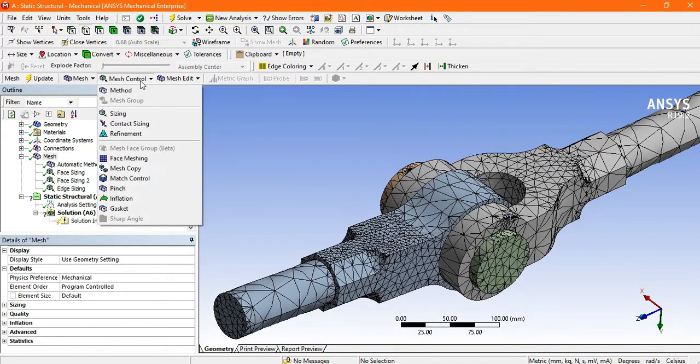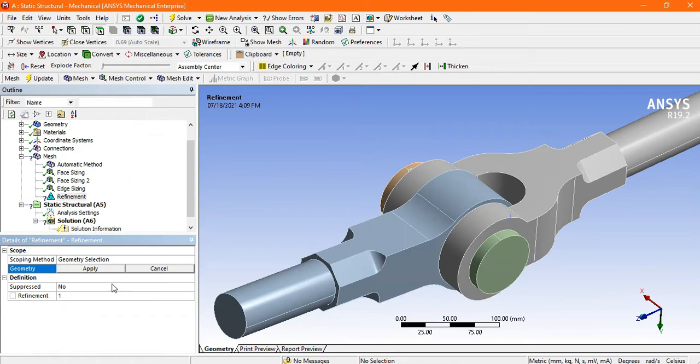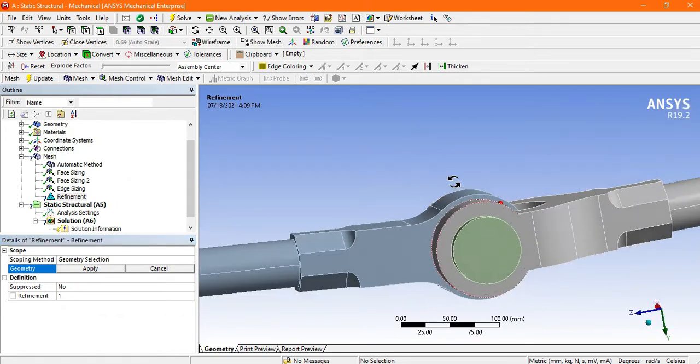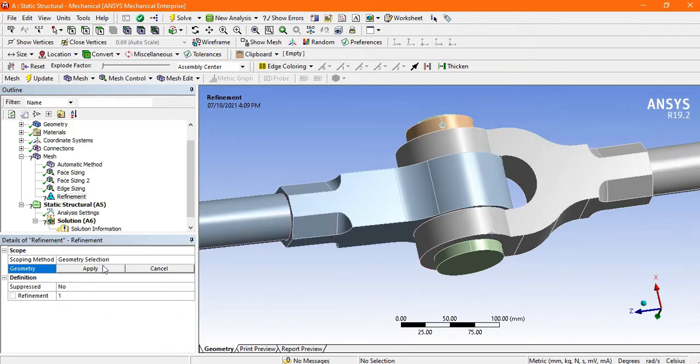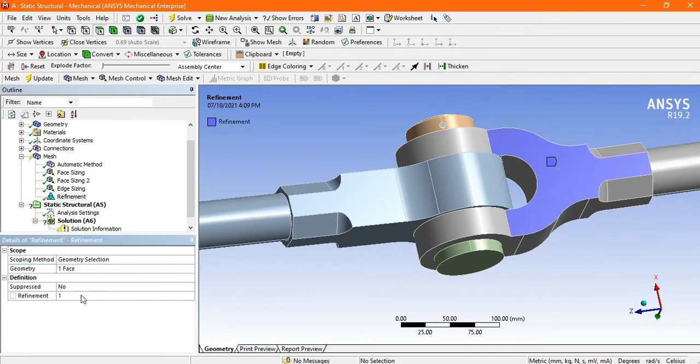Now next one is the refinement. Go to refinement. Just select the face, click apply. Now refinement has a maximum of 3. Here it is 1. So maximum we go for 3. Suppose I choose the maximum, then update.